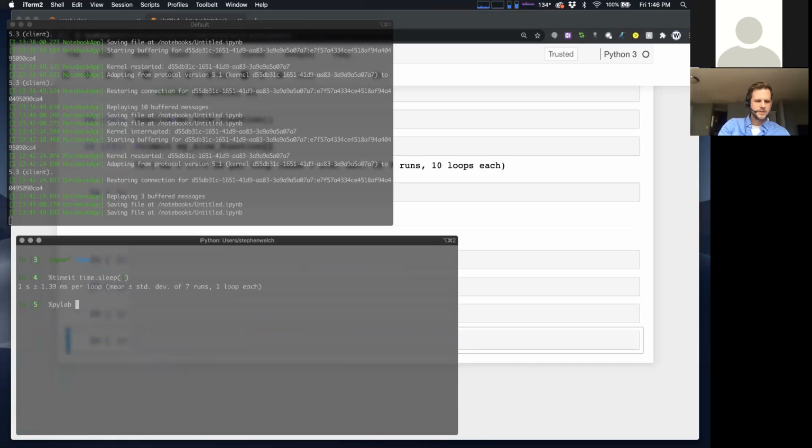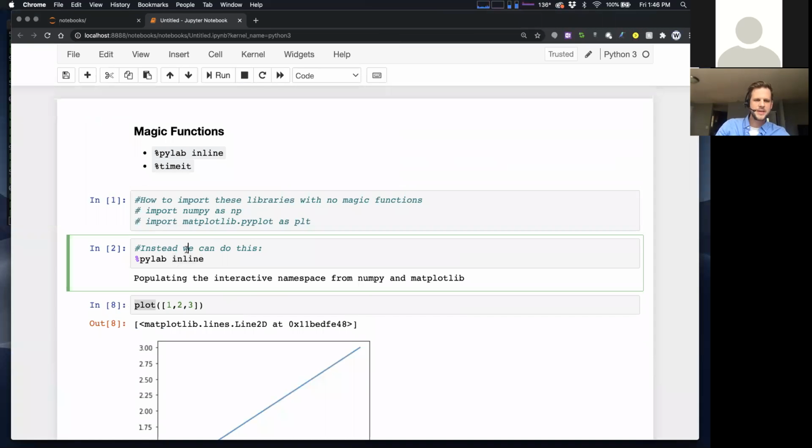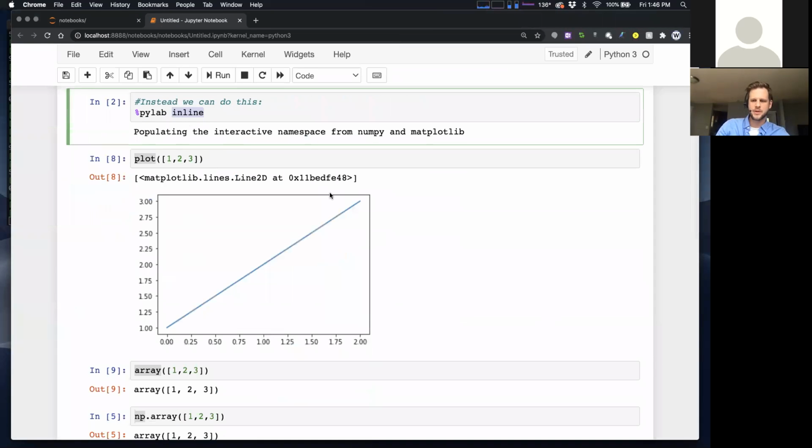Let me try this one more time. Oh, you know what it is? Inline, that's a special thing. Oh, this does actually one more thing, guys. I forgot to tell you this. So the inline does actually one more little thing. The reason it's called inline, I totally missed this. I apologize. I'm just so used to using this. So inline makes your plots in line with the notebook.